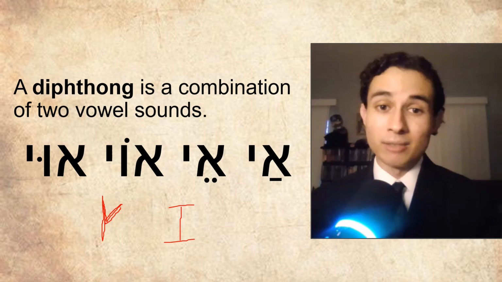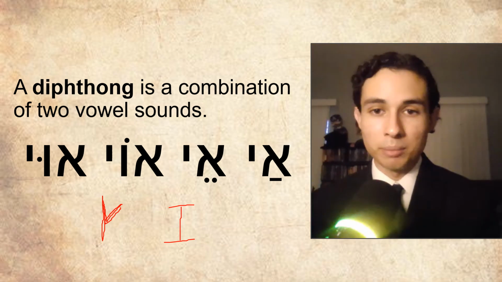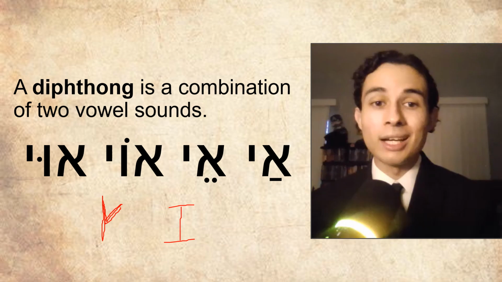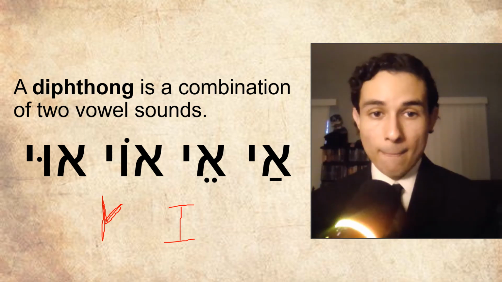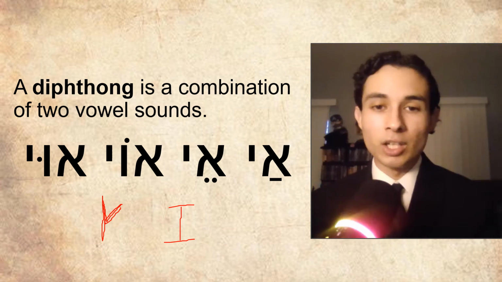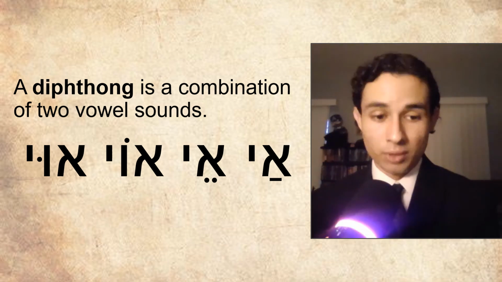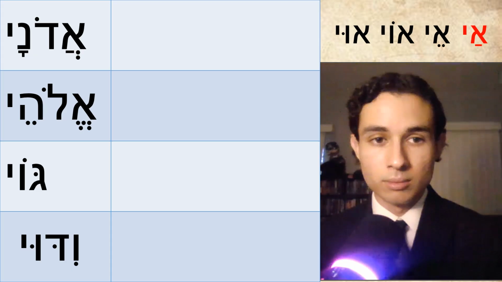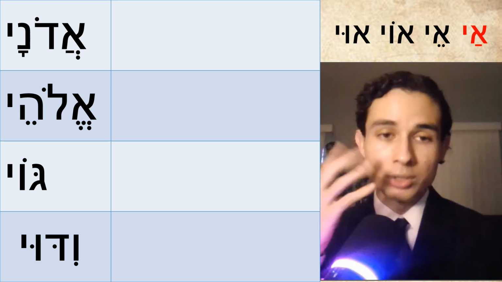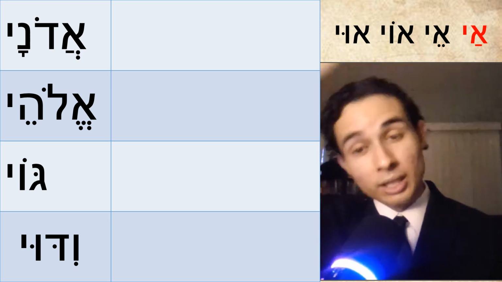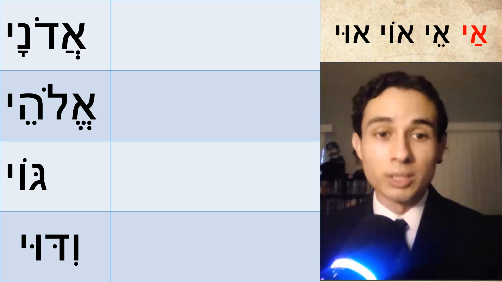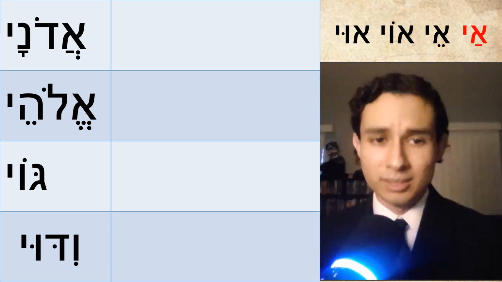Basically, when the yod has a vowel sound under it, that is your indication that yod is being treated as a consonant. But when the yod doesn't have a vowel sound under it, as seen in all these examples, that should alert you that it relies on the vowel presence nearby. So for these examples, I'm going to be using the letter I to transliterate yod in connection to Hebrew diphthongs. We're going to look at four words today, each representing a vowel sound and how the yod turns the vowel into a diphthong. Let's begin with the A sound.